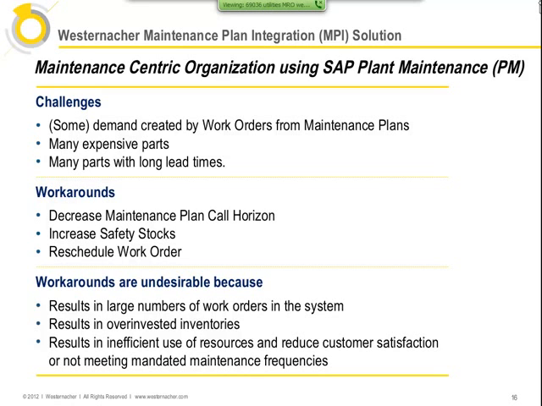We could increase the safety stock as well. We could just simply stock more parts. But carrying enough parts to handle both scheduled versus unscheduled maintenance adds to higher inventories as well as stock keeping costs. And of course, if we don't have the materials, then we have to reschedule the work orders. If the materials aren't available, we can't do the maintenance. That is not always an option. When we're talking about highly regulated environments, where we're under regulatory requirements to take care of some maintenance on particular schedules, rescheduling is not always an option.